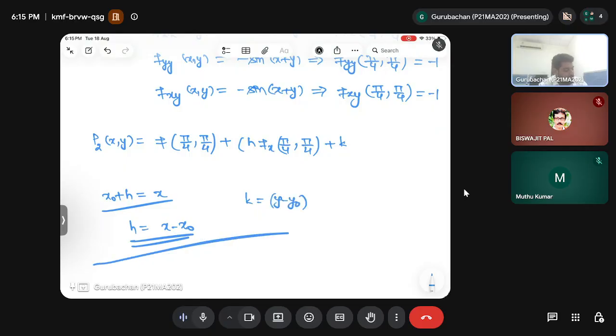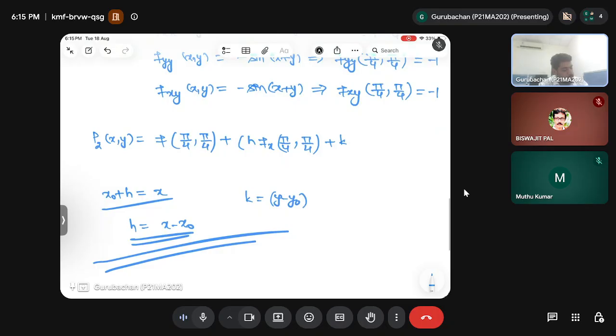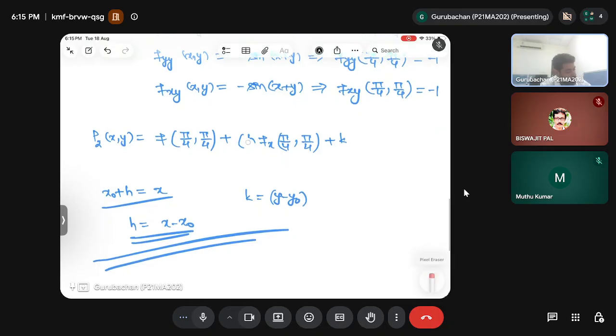So in that scenario, your polynomial will reduce to: x minus pi by 4 into f x at pi by 4 pi by 4 plus y minus pi by 4 f y at pi by 4 pi by 4